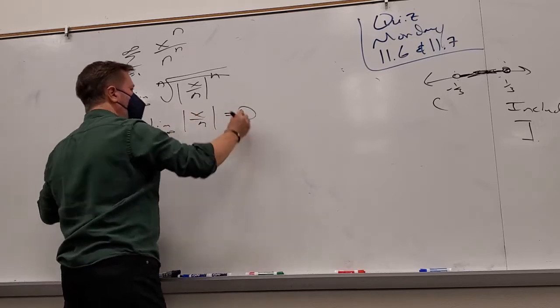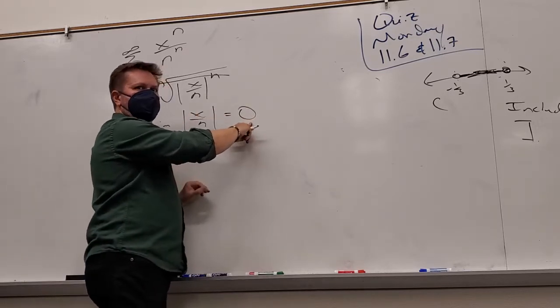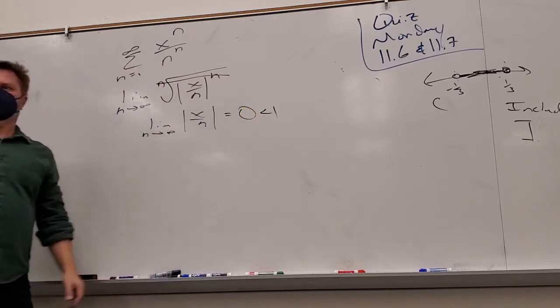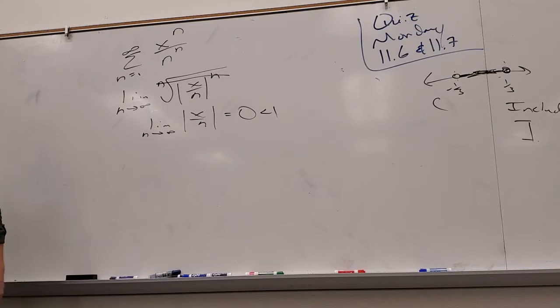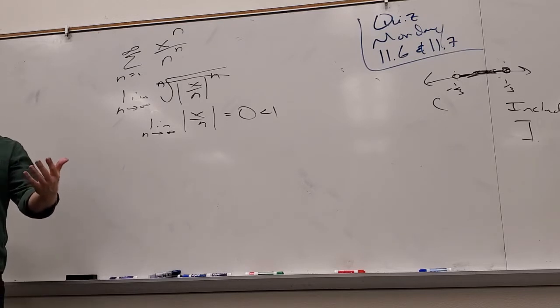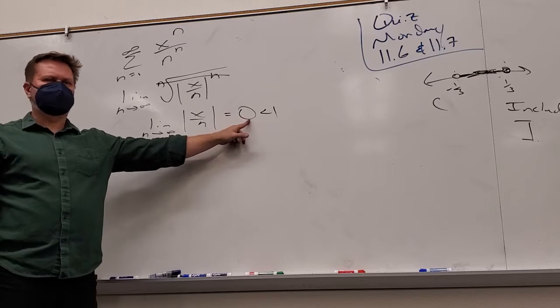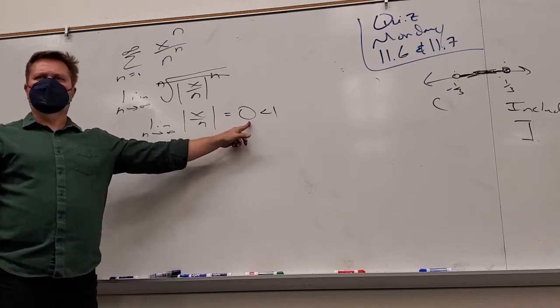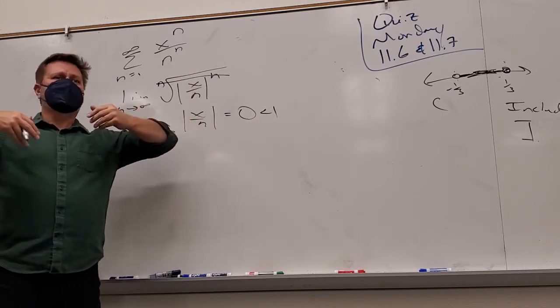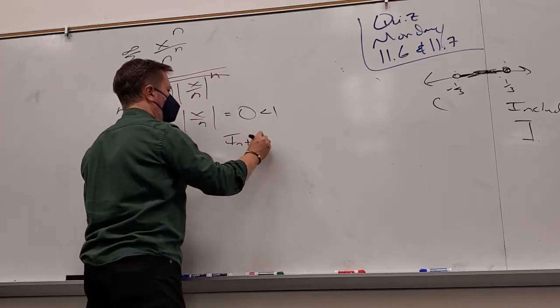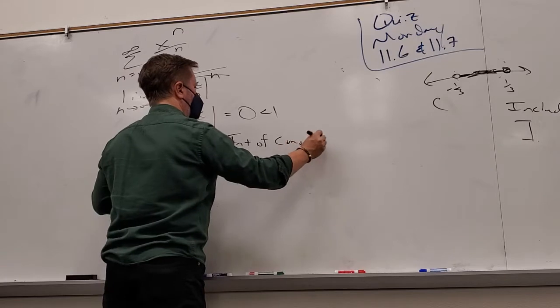And what is the limit as n goes to infinity of x over n? 0. When is that less than 1? All the time. Always. So is there only certain values of x that make it work? No. We just said it always works, right? Is the result we got dependent on x? No. So what can x be? All real numbers. Anything. So the interval of convergence, open brackets, negative infinity